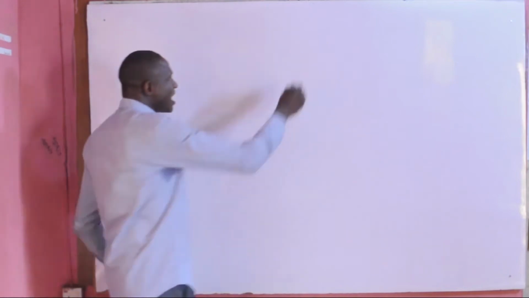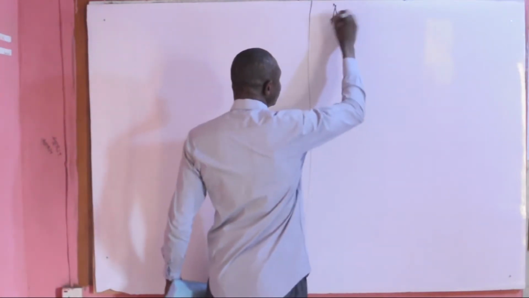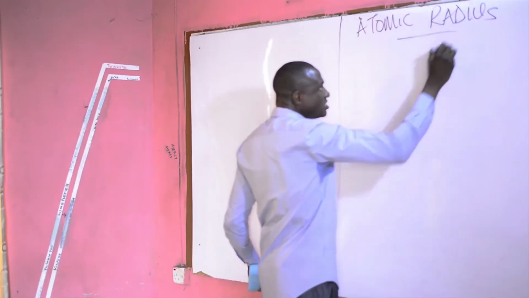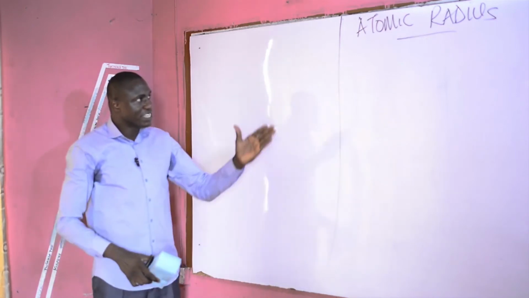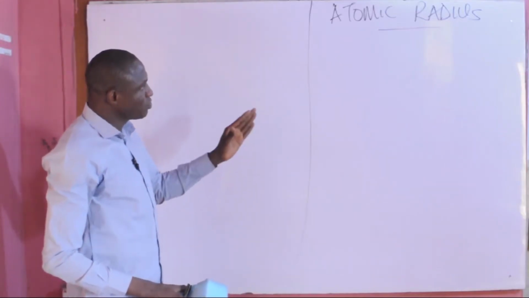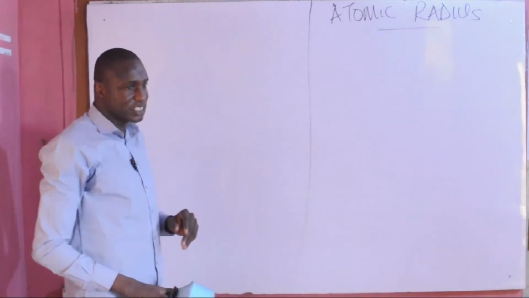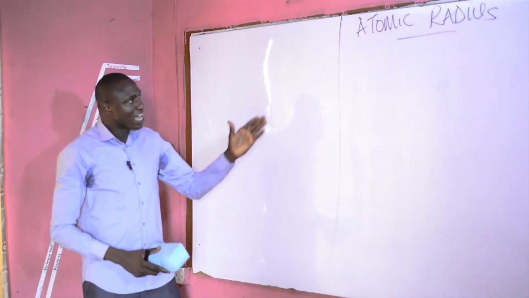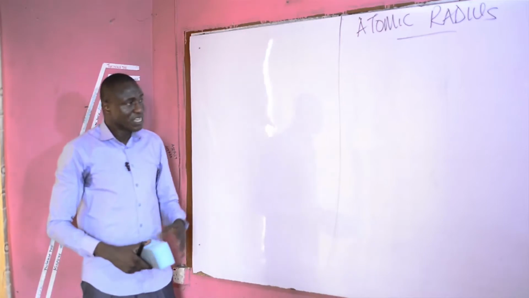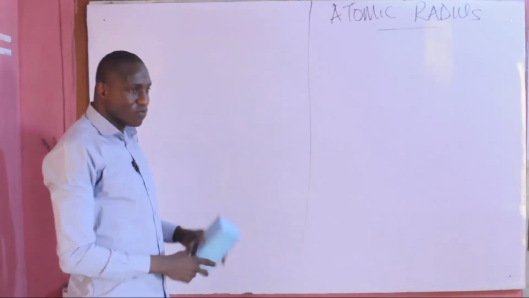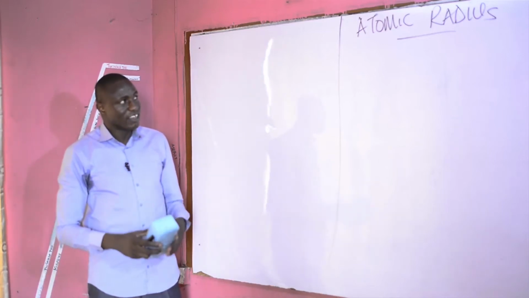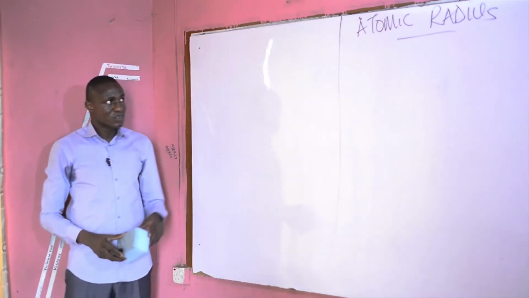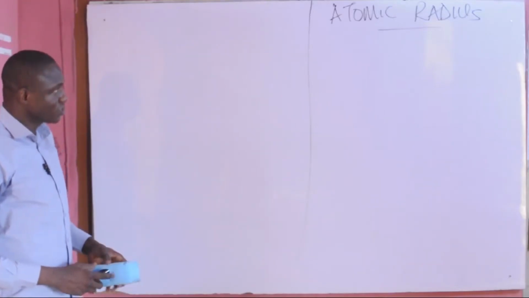Today, we are going to look at another periodic property, which is atomic radius. At the end of this class, you are expected to be able to define atomic radius. You are expected to be able to tell us the different types of atomic radius that we have and their definitions. You are also expected to understand how atomic radius varies both across the period and down the group of the periodic table, and what some observations are that you may likely come across when you are answering chemistry questions involving atomic radius or atomic size.